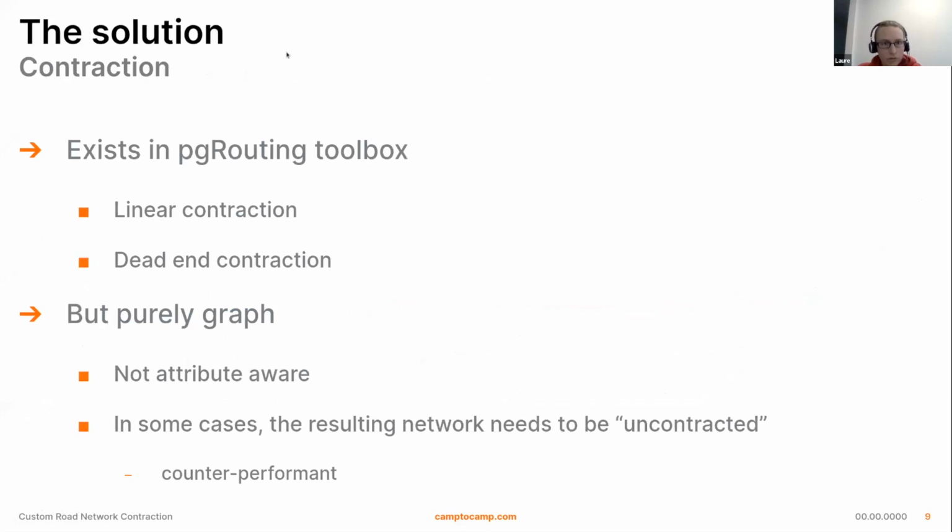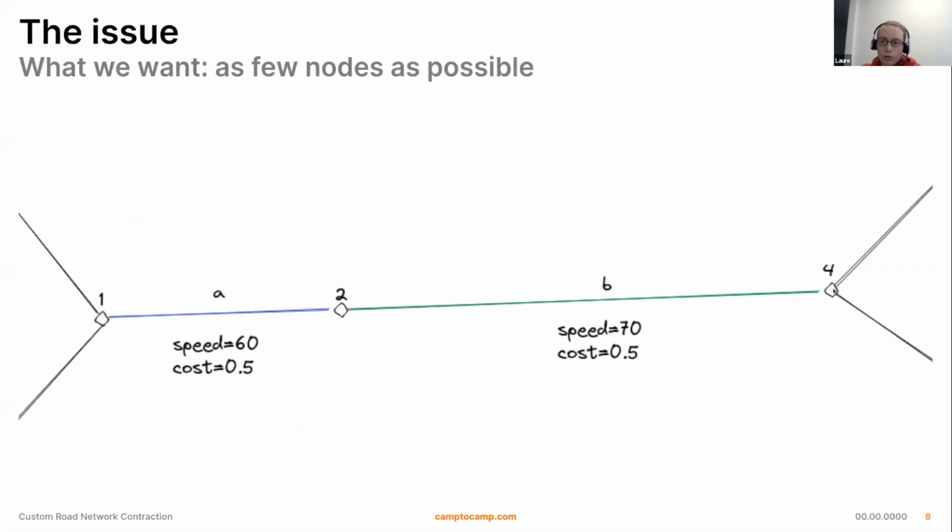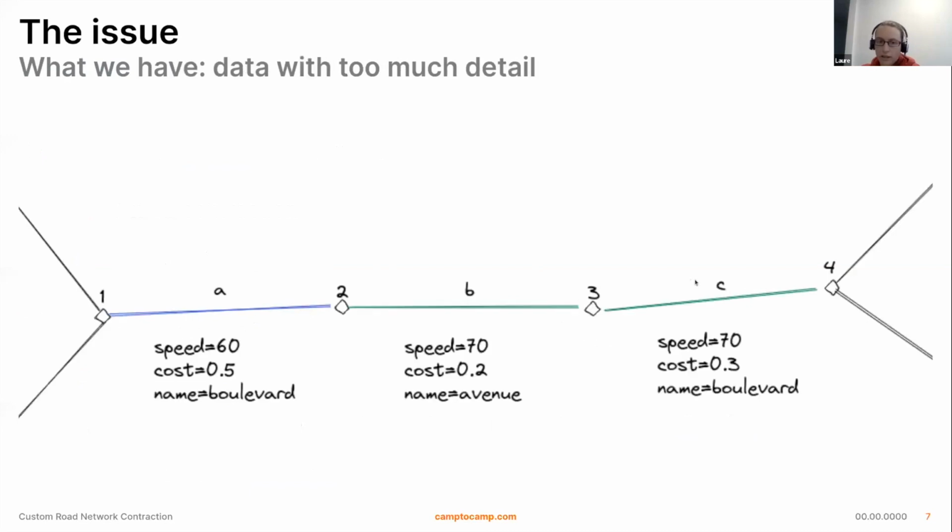We have a solution to deal with this issue. It's called contraction. Contraction, in its purest form, will remove any edge that does not bring any graph information. Here, going from 1 to 4 is the same as going from 1 to 2 to 4, and it was the same as going from 1 to 2 to 3 to 4.